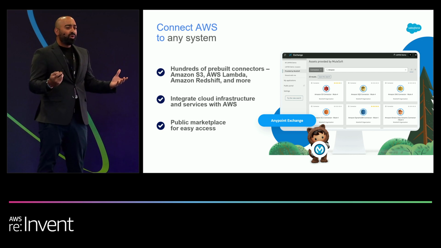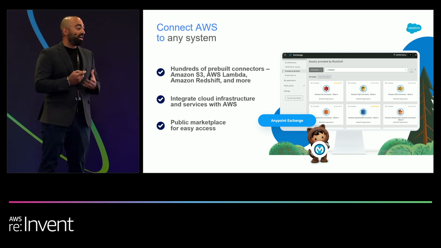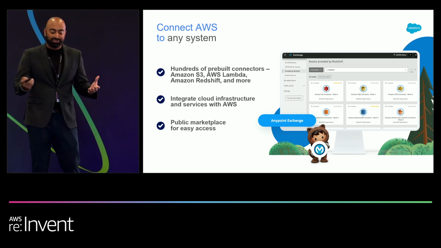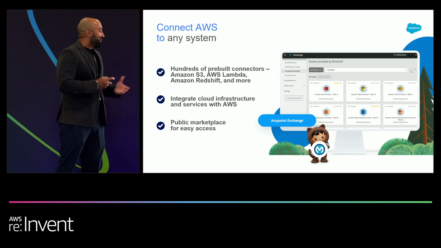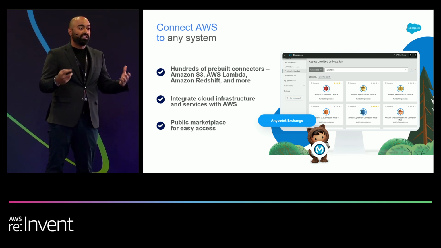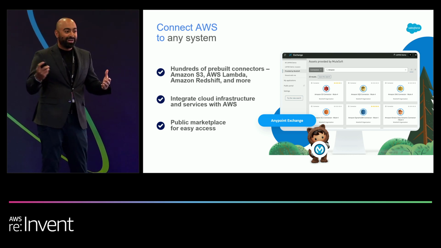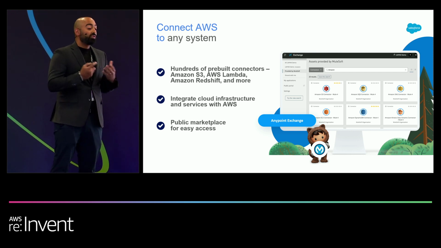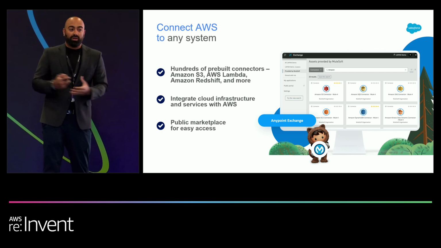We have over 200 different connectors to common systems and services, and AWS is no exception. With AWS, we have connectors for all the popular systems, whether it be S3, Lambda, SNS, SQS. The list goes on, and there's a lot of different options for you to quickly start integrating with the services